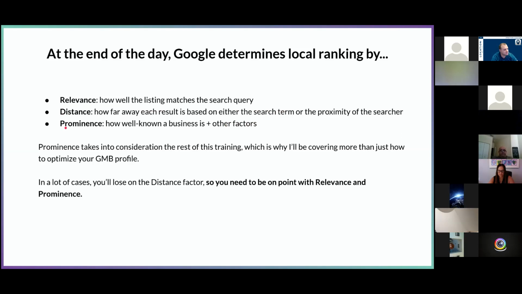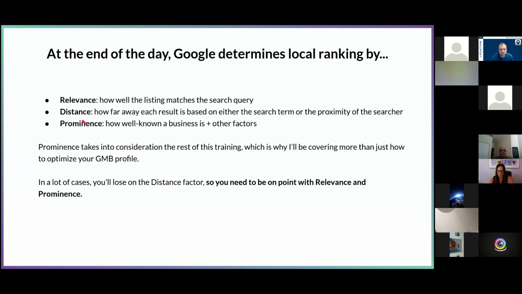And then the third piece is prominence. And this is how well known a business is, plus other factors. And these other factors are everything else that I'm going to cover in this training, right? So this whole training could have been just about optimizing your GMB profile, but there's so much that goes into prominence that we need to consider those things, because in a lot of cases, you're going to lose on the